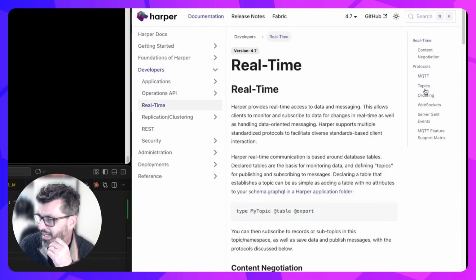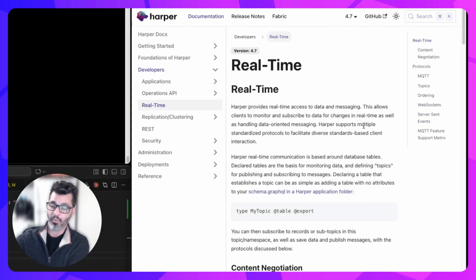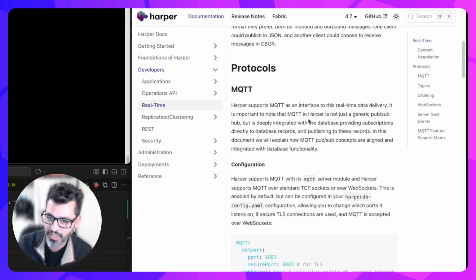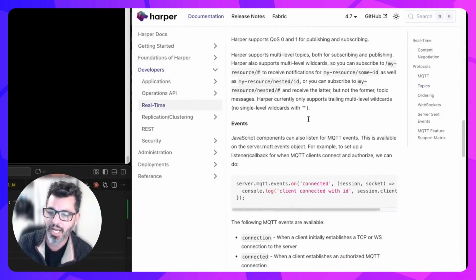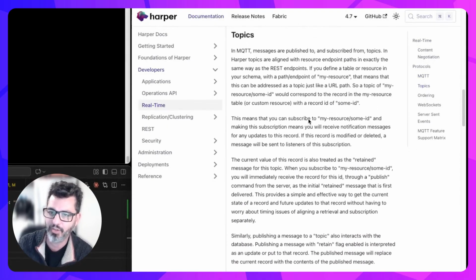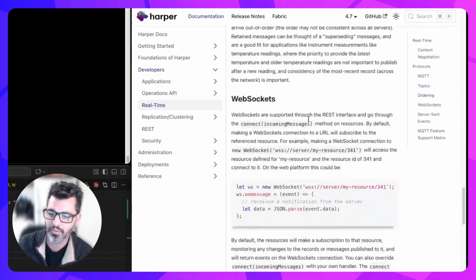We talk about topics and ordering in MQTT, and then we talk about WebSockets and server-side events. So these are different protocols that you can use to do PubSub and real-time PubSub. We've got documentation here on how it works. Here's the MQTT bit that's on by default. And then here's what it looks like if we go down to